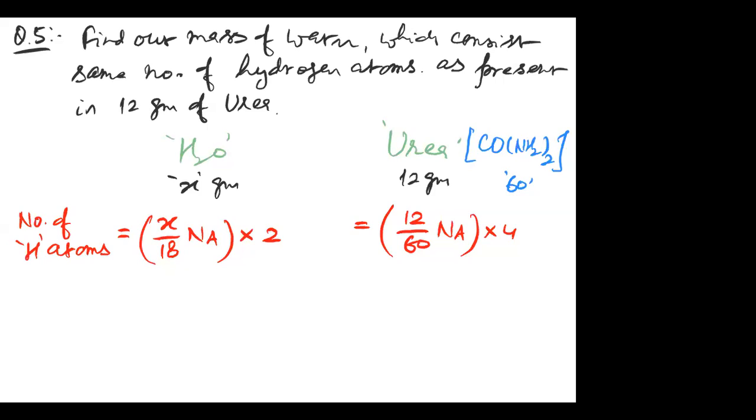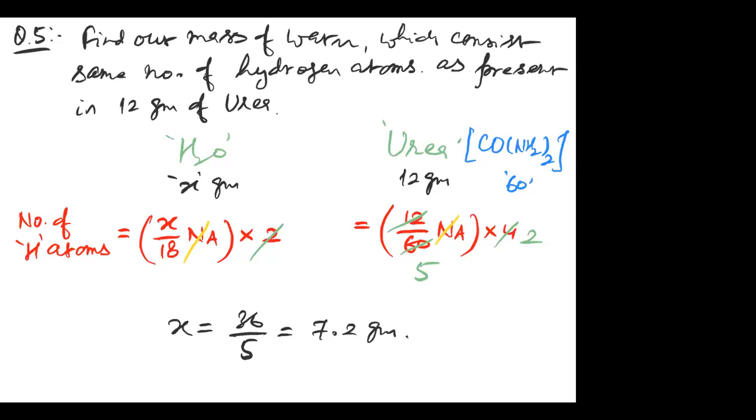Both water and urea should consist of the same number of hydrogen atoms, in which Na and Na cancel out. This comes out to be 2 here, and this comes out to be 5. Thus X should be 36 divided by 5, which comes out to be 7.2